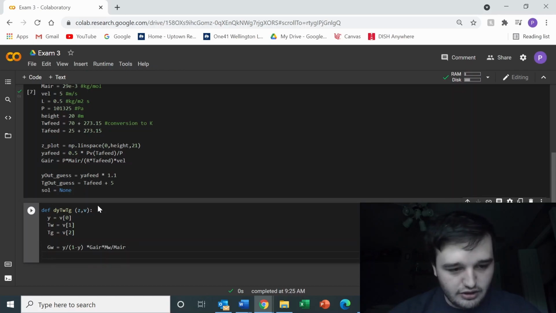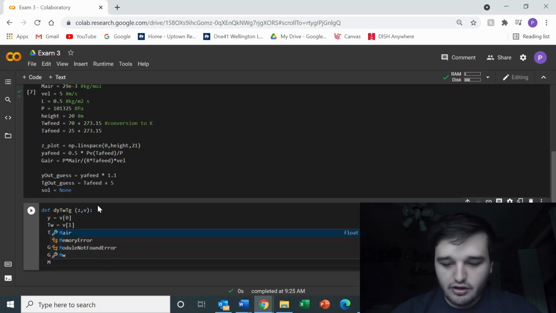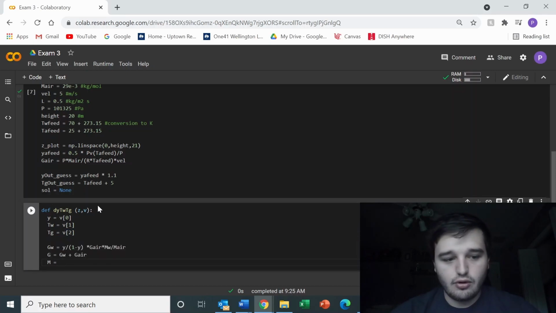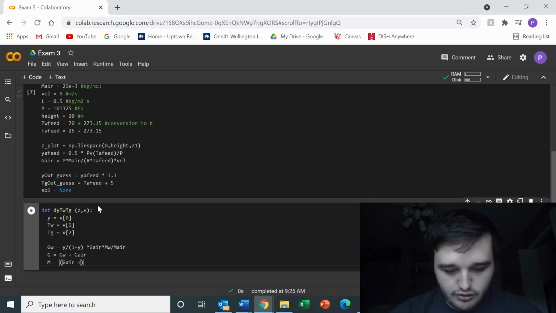And then we also need the total gas flow. So the total gas flow is something new, but it's relatively simple. It's just the sum of the gas flow rate of the water plus the gas flow rate of the air. And then we're also going to need the average molecular weight, which, again, are variables that we're going to need to define in order for our differential equations to work. The average molecular weight is equal to the gas flow rate of the air plus the gas flow rate of the water